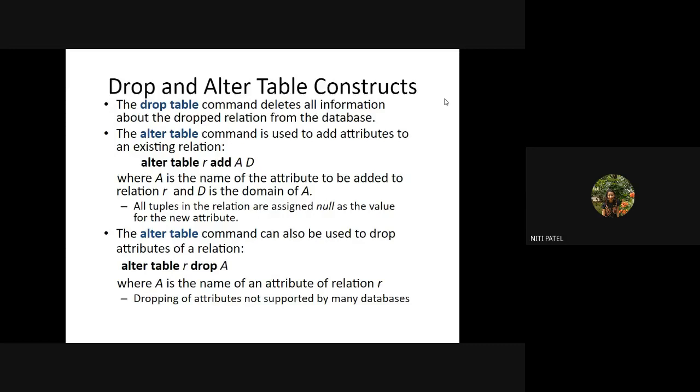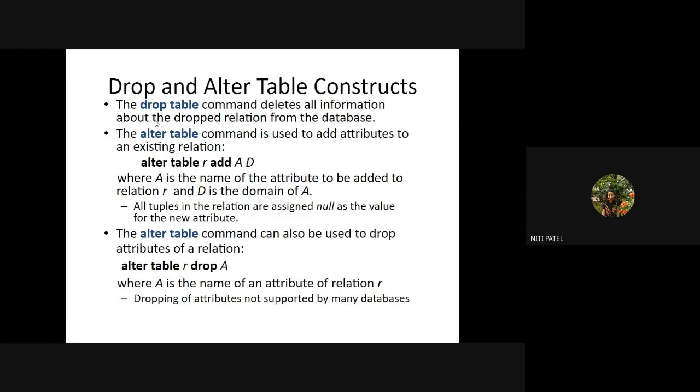So when I want to do everything together, or if I want to delete all the information together from the database, I make use of a drop table. Okay, so drop will do what? It will delete the table as well as a record of that table.